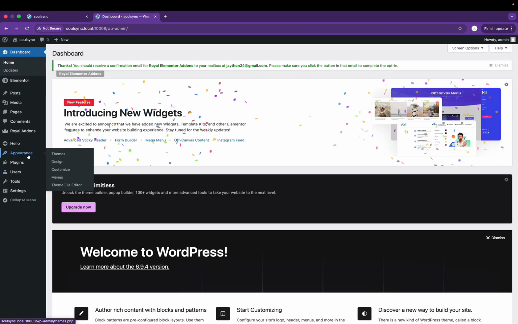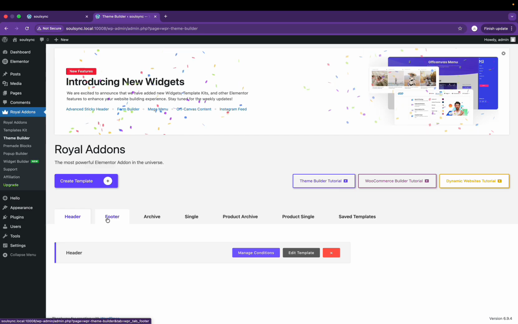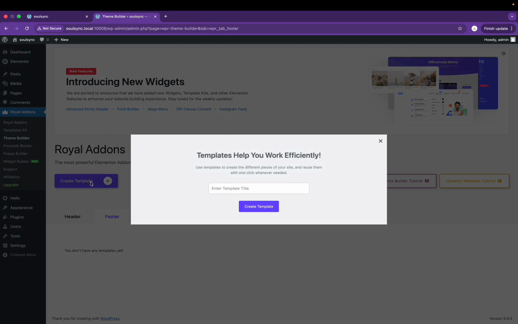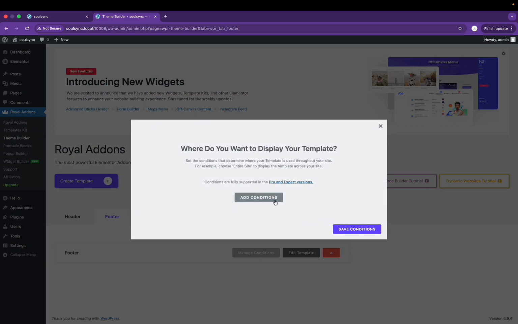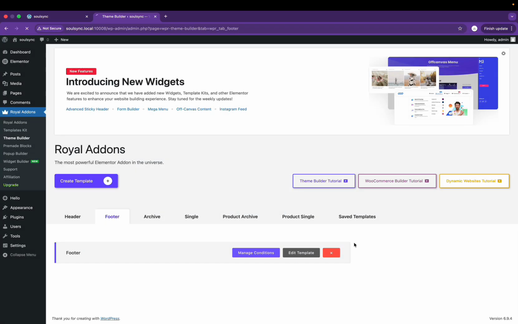Then we go to add-ons, theme builder. Then you click on footer and you click on create template. I just name it footer and create template. Add condition, entire site, and turn this on, then save condition. Then it's going to reload and